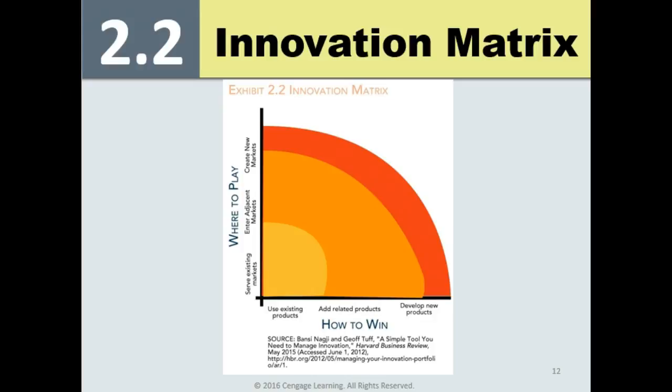The orange arc in the middle is called adjacent innovation, and these decisions are designed to take the company's strengths into new markets. So this is what you're good at. You find something that you're good at, and you try to develop new markets based upon it. Last one, the red arc, is transformational innovation, and this is where decisions result in brand new markets, brand new products, sometimes even new businesses or SBUs as well. It's an unfamiliar territory that you're going into.